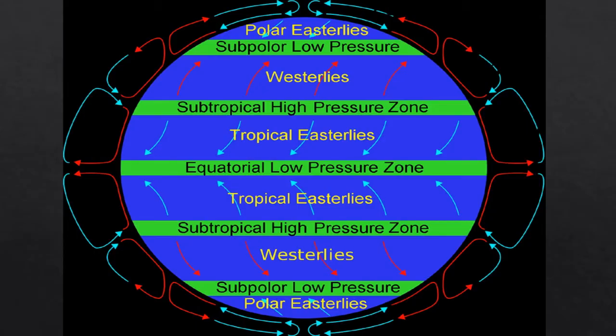The winds bend to the right and left in the northern and southern hemisphere respectively because the earth is spherical in shape and the earth rotates from west to east. In the same way, between 30 to 60 degrees north and south, the winds bend towards right and left in the northern and southern hemisphere respectively. Even at the polar region, the same phenomenon can be seen.